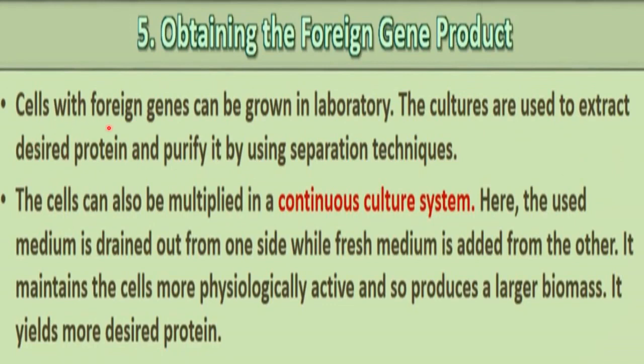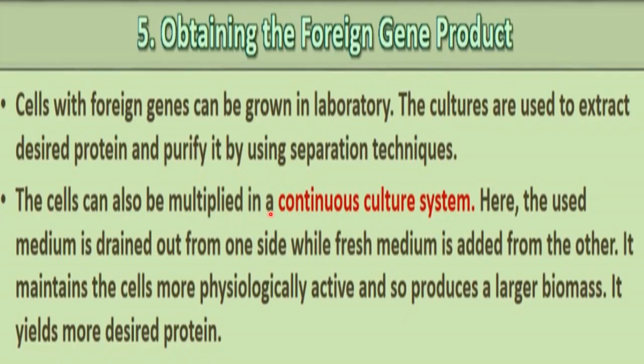Now, cells with foreign genes can be grown in the laboratory. The cultures are used to extract the desired protein and purify it by using separation techniques. So different separation techniques are used here to extract the desired protein from those host cells. The cells can also be multiplied in a continuous culture system. There is a system for multiplication of those host cells also, so that we can get more and more